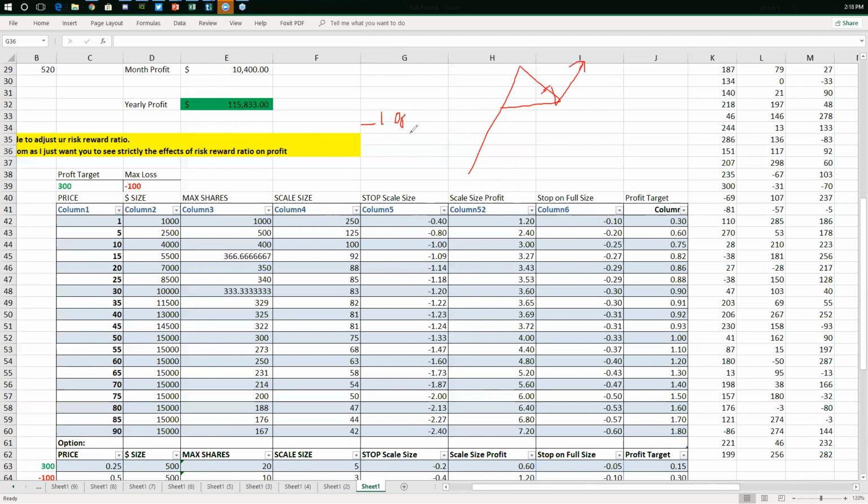The biggest reason for having a starter size, I go by quarters. This is just the easiest way to do it. Your full size is 400. Your starter size, or your scale size, would be 100. The biggest reason for that is if you get into this trade